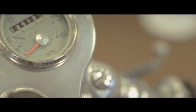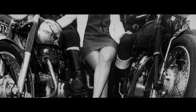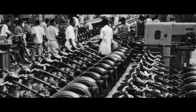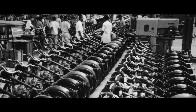The GT was a response to a change in attitude towards motorcycling, a youthquake that helped create an exciting and attractive bike for the legions of young men now taking to the roads. Meanwhile, Bullet production flourished in India. By '77, Indian-made bikes began to be sold in the UK to meet a demand from a newly formed classic